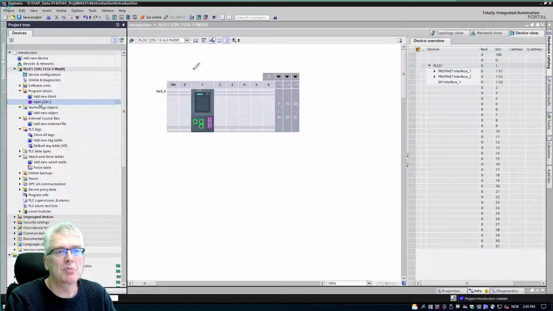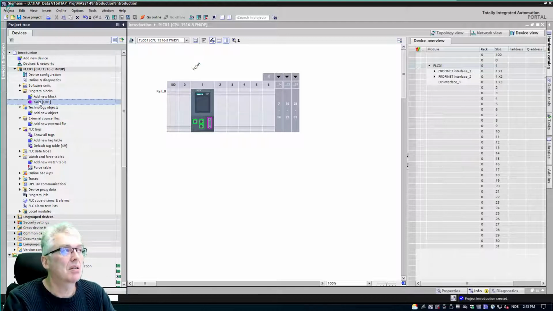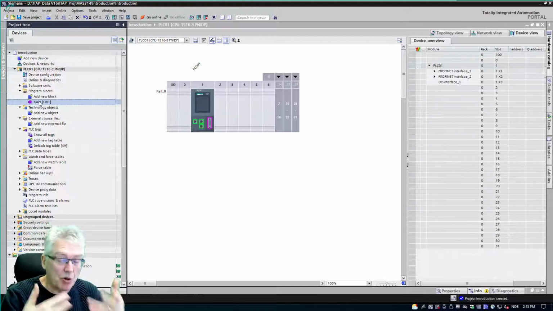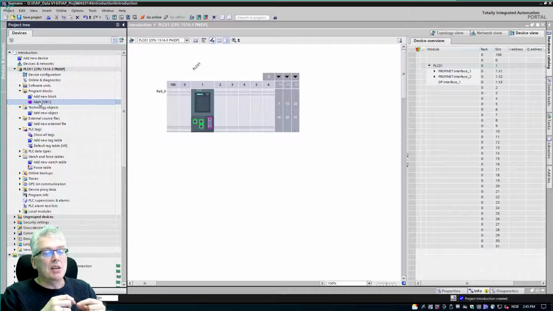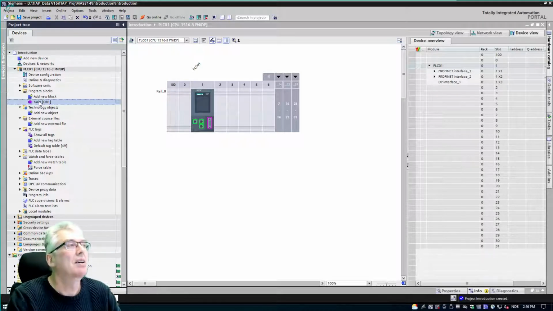We organize the program, and this is what you have to do if I want to make a program here, as I can do it in this organization block. Normally you never program in an organization block. Of course you have to have it, because this is the link to the CPU operating system. So if you don't put anything in an organization block, nothing is going to happen. But normally you don't program directly in an organization block, but I'm going to do that. So if I now open this one,